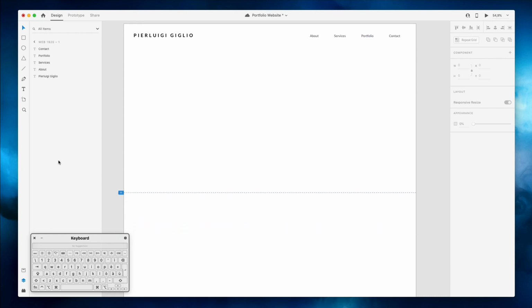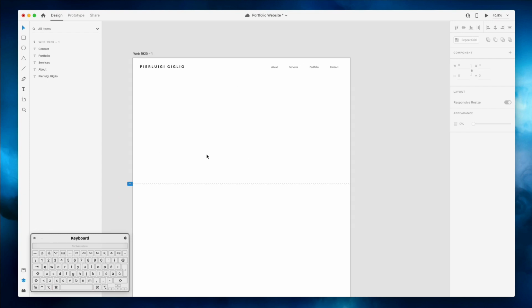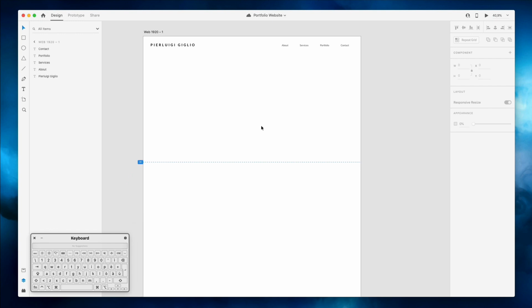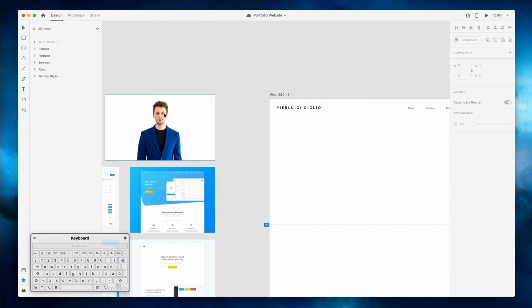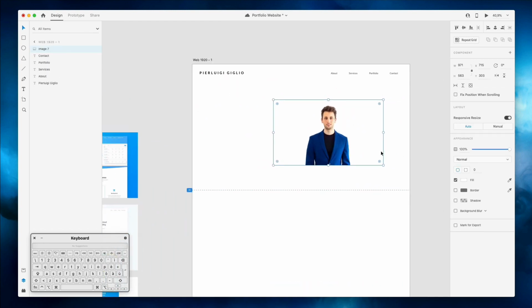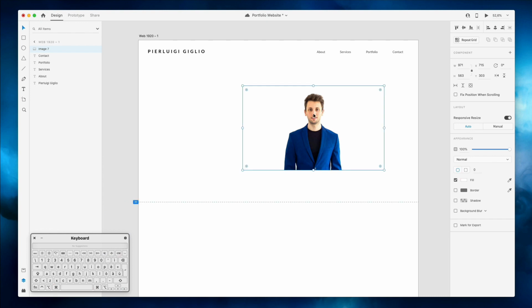Now let's go ahead and add a headline and also a sub-headline and also a picture, so that in this portfolio website, whenever a user hops on the website, he can immediately see who the person is behind this portfolio. So I'm just going to drag and drop my picture here. And as you can see, we have this issue of having a lot of white space around the left and right edges, and I want to just have the